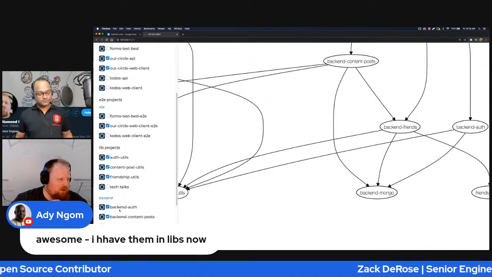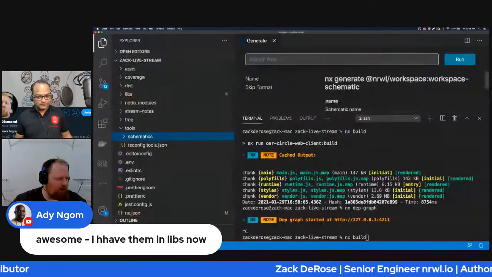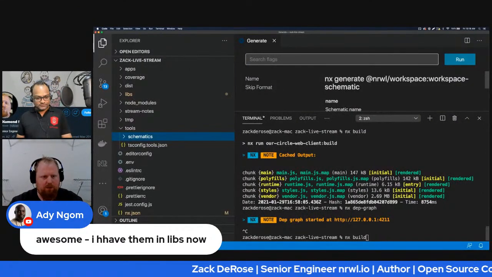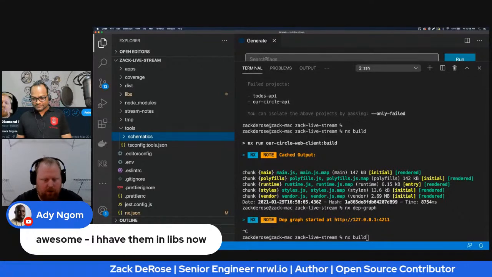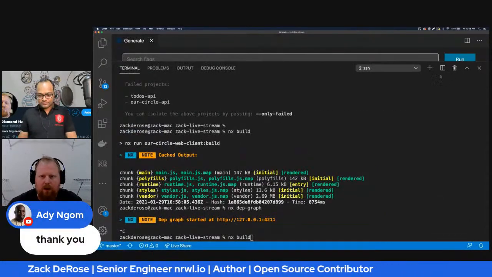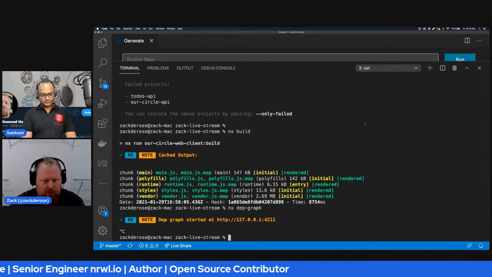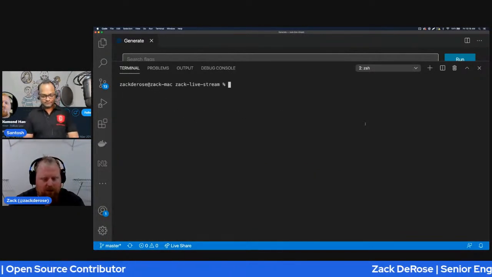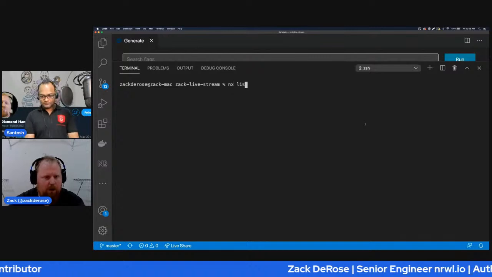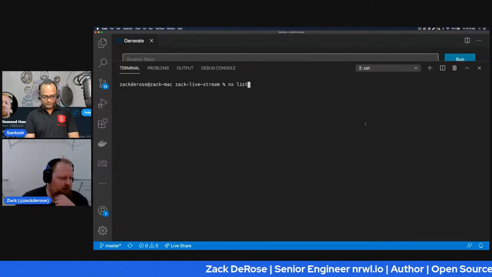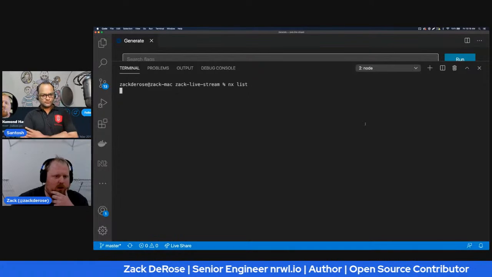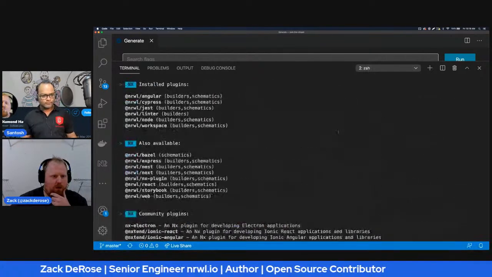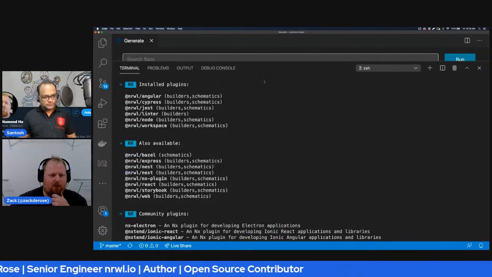But yeah, let me go back to VS Code here, and let's just focus on the terminal, shall we? So we'll close this out and go in here. Let's just clear it out so we can look at some stuff. Well, that looks decently good. So I'm going to run here this command, nx list. What this is going to do is show me all of the plugins. We've got so many, it can't fit on one screen anymore.